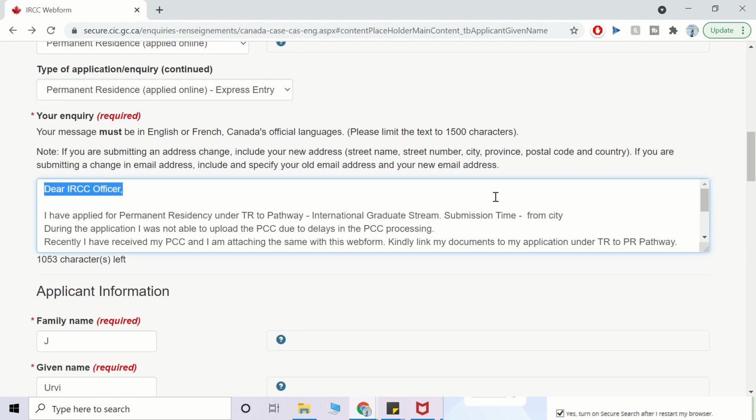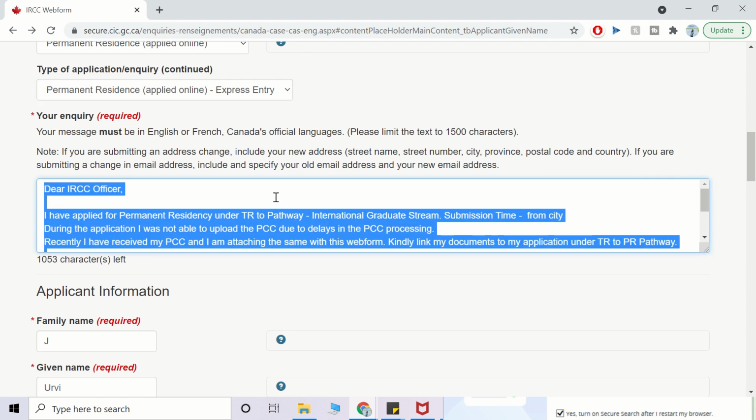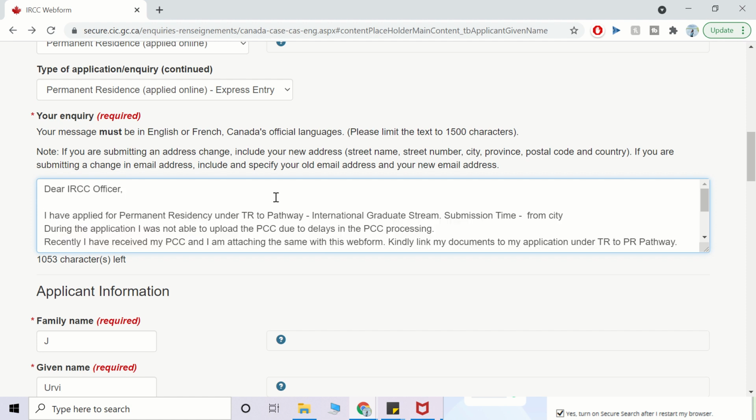So I have pre-written this message for you, but you can definitely make tweaks to make this message your own, customize this is just one of the ways you can write this message. So what I've done is here I am telling IRCC officer clearly what I am requesting them to do and what changes I want to make in my application, right?